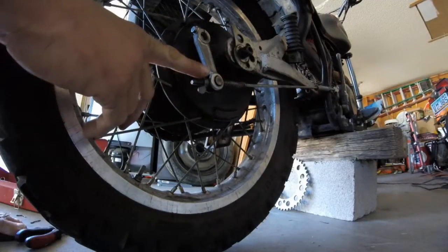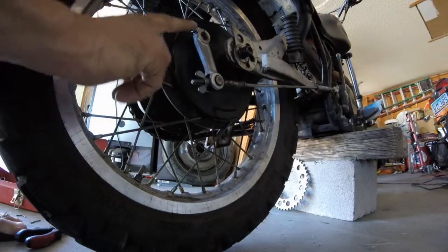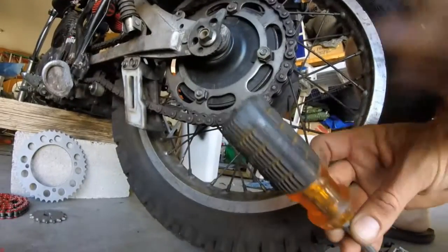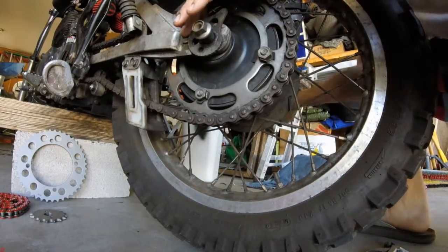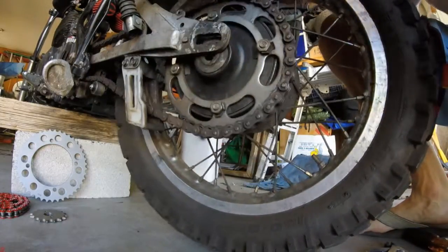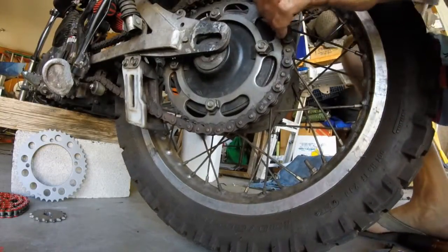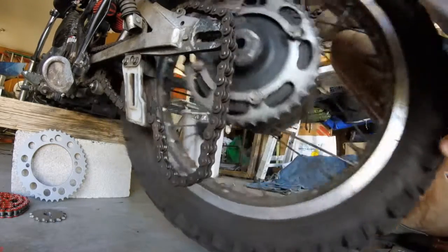Alright, next thing we gotta do is pull this brake lever off. All we have to do is loosen this nut here and pull the brake lever off. I'm gonna use the end of my screwdriver to hit the other side of this long nut. There we go. Then I'm just gonna pull the chain to the side, pull the tire forward a little bit, slide her right